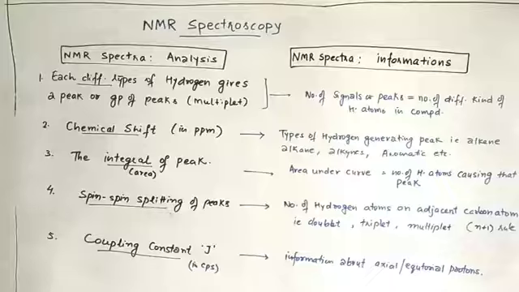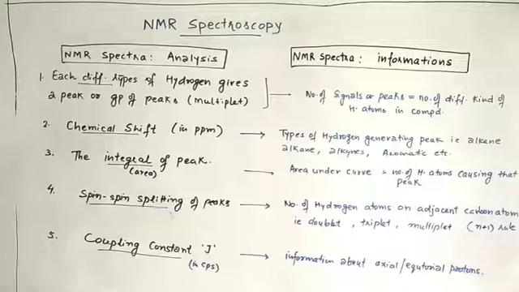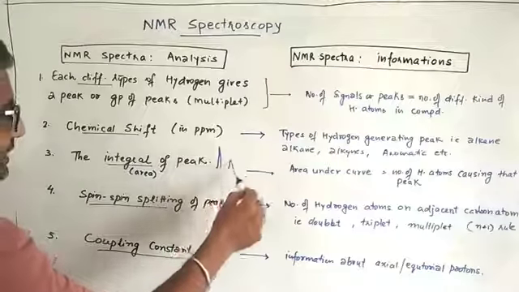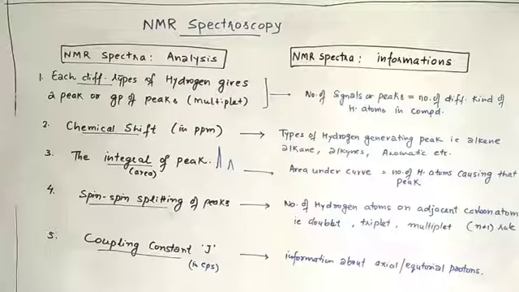So we must see what the chemical shift is, what the value of chemical shift is for a particular peak. And from that value we come to know which type of protons that may be. The third thing that we must note from the NMR spectra is the area, called the integral, under the peak. Like this is a peak, and this is a smaller peak. This peak has more area as compared to this peak. So the area under the peak, or area under the curve, gives us the number